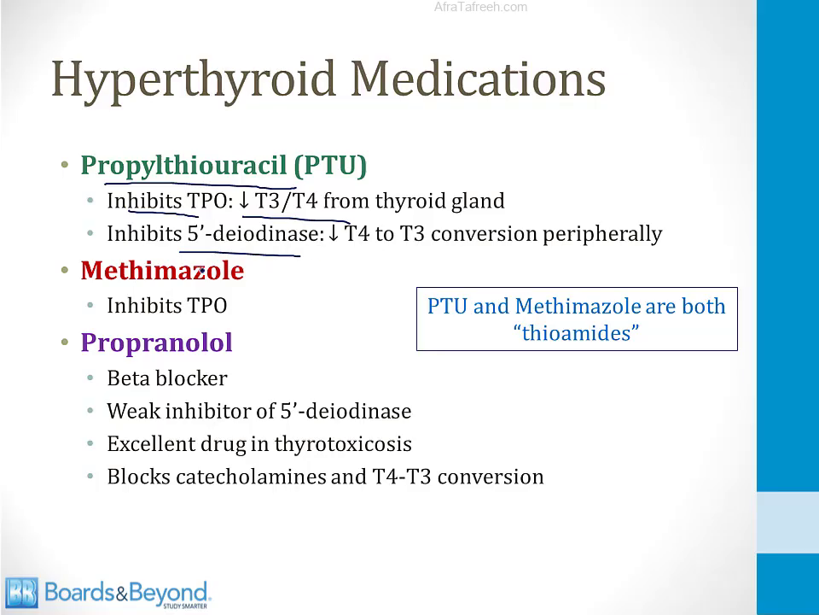There is another medication used for hyperthyroidism called methimazole, which inhibits only TPO, and both PTU and methimazole are in a class of drugs called thioamides, which inhibit thyroid gland production of thyroid hormone. And then finally, the beta blocker propranolol is a weak inhibitor of 5' deiodinase. This makes it an excellent drug for patients who are thyrotoxic and have hyperthyroidism. It will block the catecholamines that occur in hyperthyroidism, and it will also blunt the peripheral conversion of T4 to